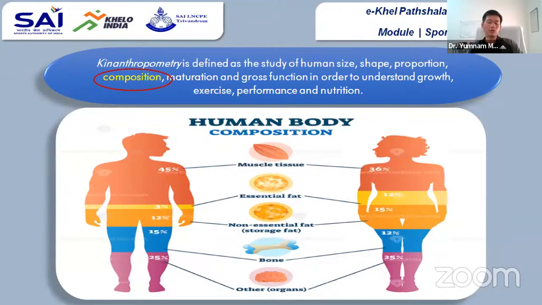But from our anthropometry जो है वो mostly focus on the 4 जो 4 कंपार्टमेंट मतलब 4 कंपोनेंट पे ज्यादा फोकस कर रहा है. वन इज मसल टिश्यू कितना है, मसल मास कितना है, फैट मास कितना है, बोन मास कितना है, एंड अदर्स. So you can see here muscle males are having 45%. This is given for the normal population, not for the athlete population. एक आम आदमी, मेल के लिए 45% जरूरी होता है. For female is 36% muscle is required.